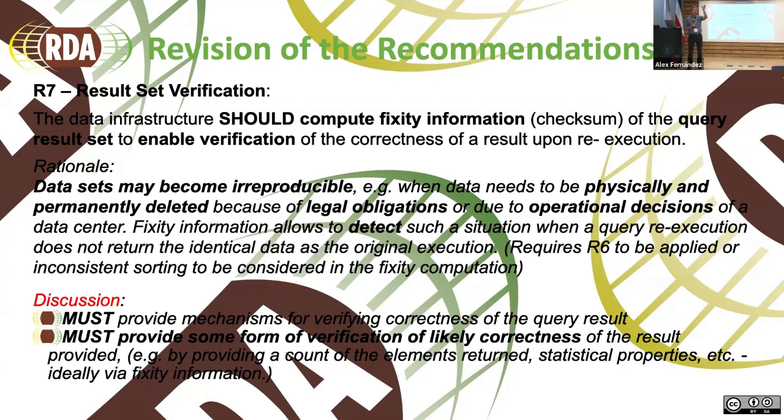So doing the fixity information only on the rows and column headers or on a fixed pattern of sub-elements of the query, which isn't proper fixity information. It doesn't give you a guarantee of identity, but a high confidence. And this is why we're currently leaning towards a should phrasing here, but are happy to hear